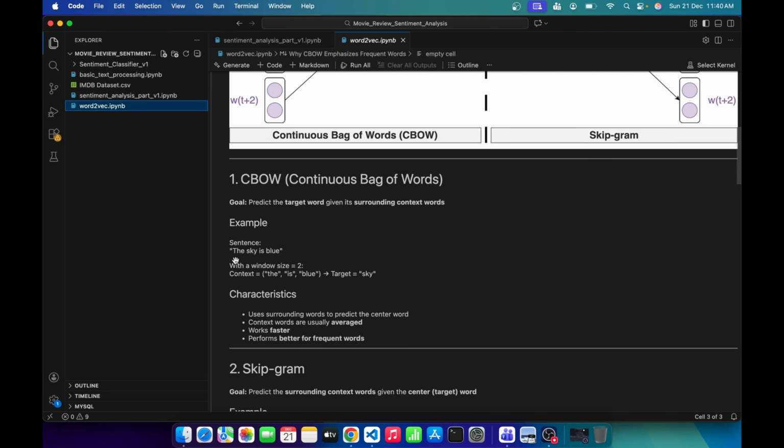Okay, so let's take one example here, like the sky is blue. Here I am taking the window size as 2, and I am taking the target word as sky. So sky is my target word, so it will be my y. And what will be my x? So x will be, first x will be the, and then x will be is, and also there will be